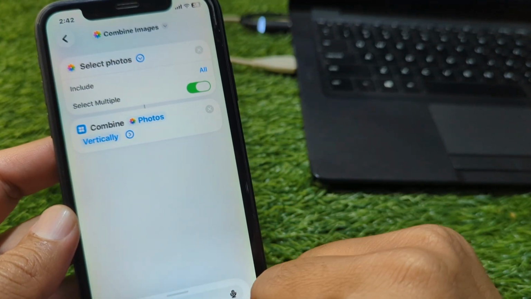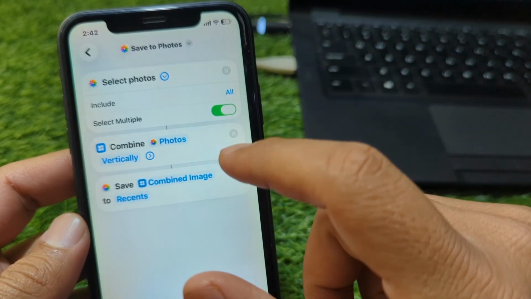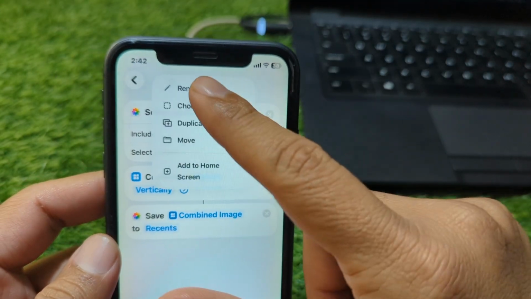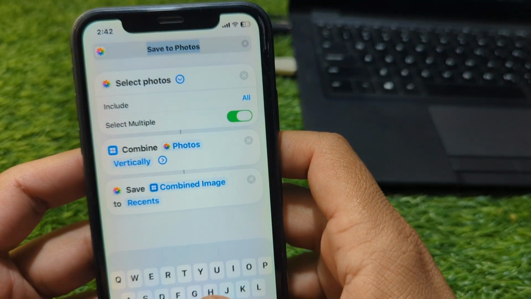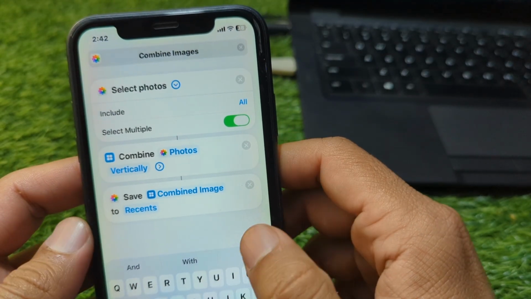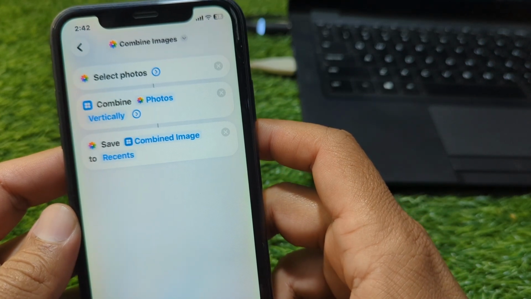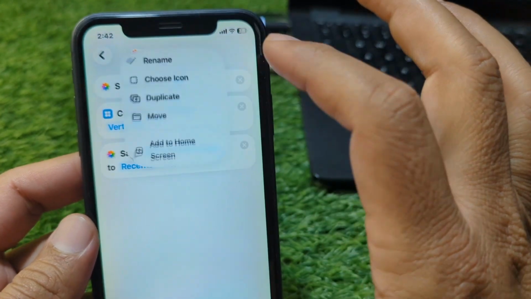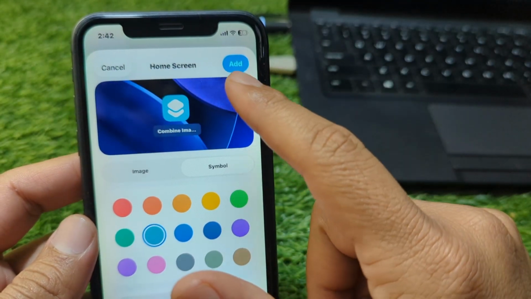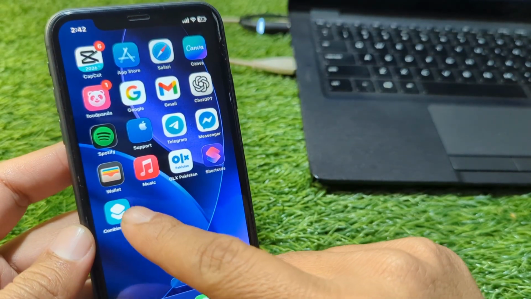And after this you have to simply search for save to photos, and now you have to simply tap on the arrow button and rename the shortcut to combine images, and after this tap on the done button, and now you have to simply tap on the arrow icon again, and now tap on add to home screen, and now tap on add also, and now you have to simply tap on combine images,